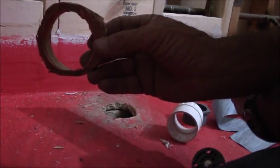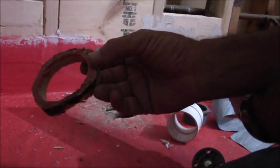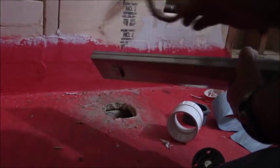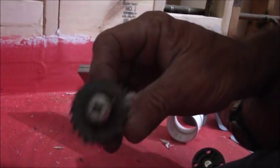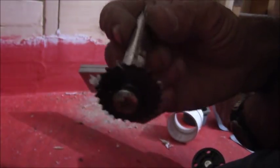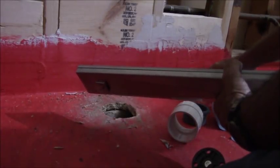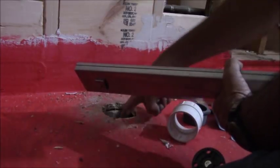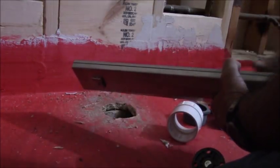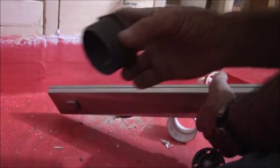The plumber did a very good job going around the drain, or the carpenter did, somebody did, but I had to cut that out so I could get to it. Then I had to use an inside pipe cutter, which is this little spur type of thing. Put it on a drill, and then you can go down up to 3 inches and cut out pipe from the inside. And I cut off a bunch of pieces until I was comfortable where I'm at now, which is about 3 inches down. Then this is the threaded 2-inch piece,